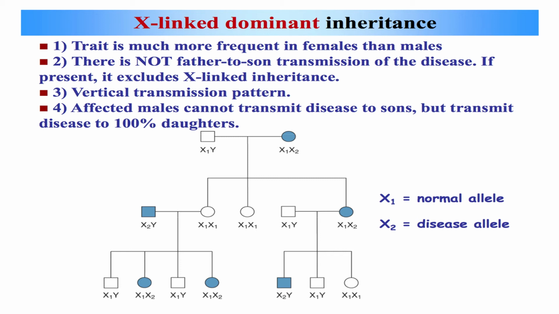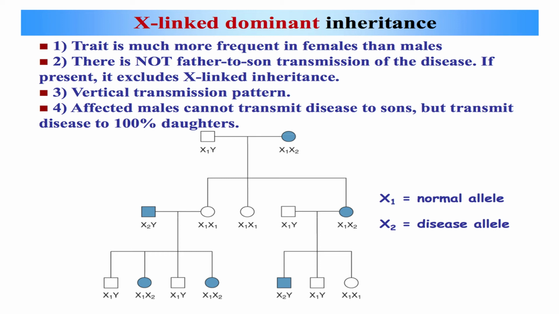daughters. Here are three generations, first, second and third, and in the first generation we can see an unaffected father mates with an affected mother. Here X1 represents the normal allele and X2 represents the diseased allele. In the second generation we can see one affected male and one affected female. In the left hand side, where affected male is crossed with an unaffected female and produce the third generation, where